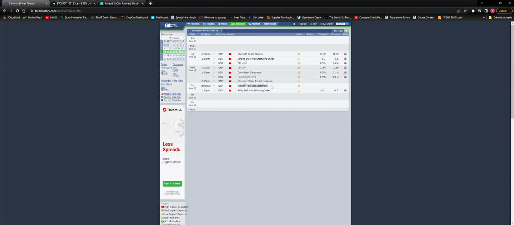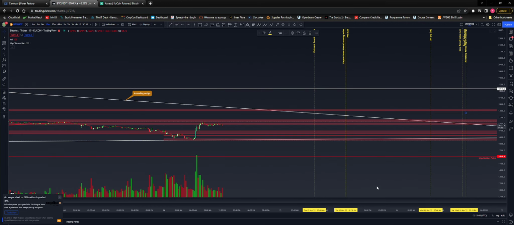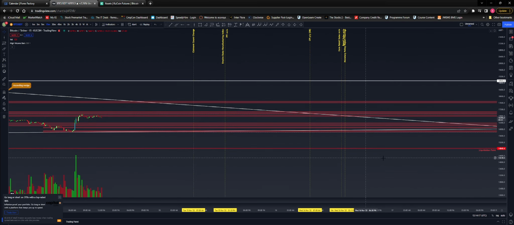Well, the GBP opens up at 8 a.m. So because we're tentative on the time, let's just map that out for 8 a.m. on Thursday, November the 17th. So let's move this along. November the 17th. So here's the 17th. We go for 8 a.m. Make sure we've got our vertical line.